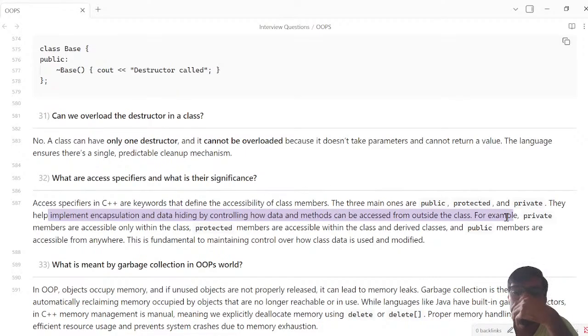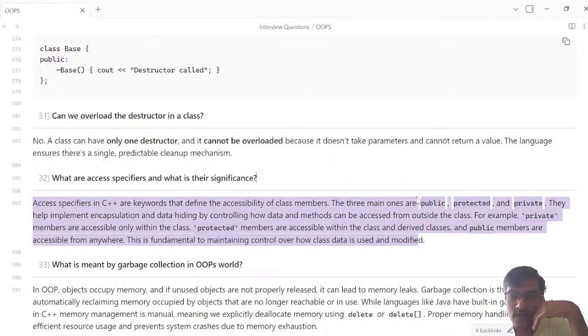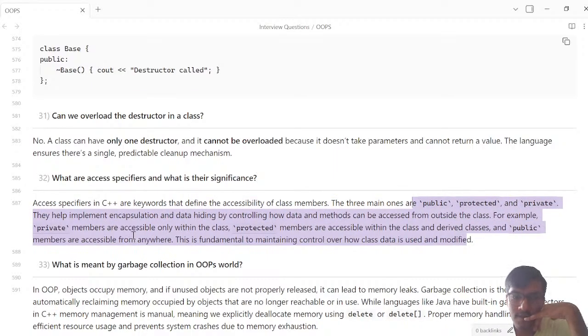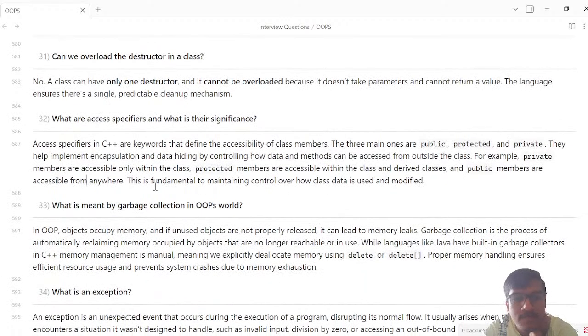For example, private members are accessible only within that class. Protected members can be accessed within that class and derived classes. Public members can be accessed from anywhere. This is fundamentally